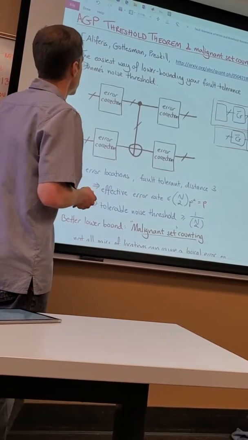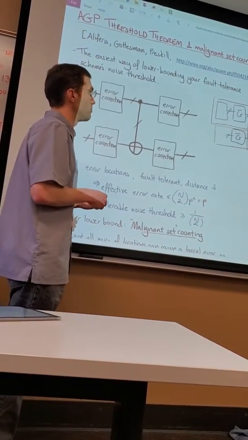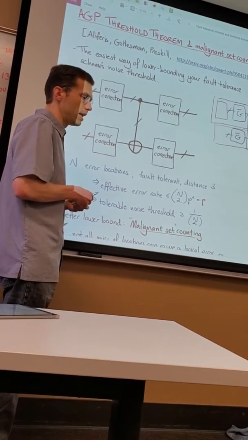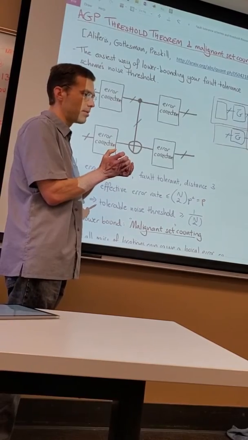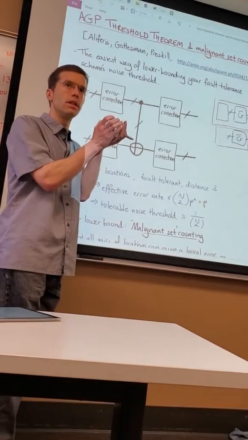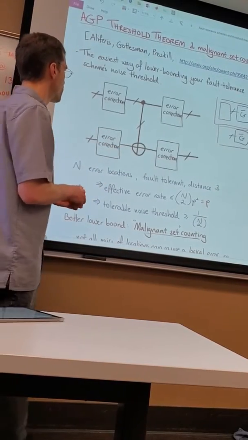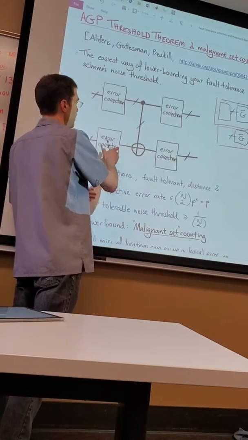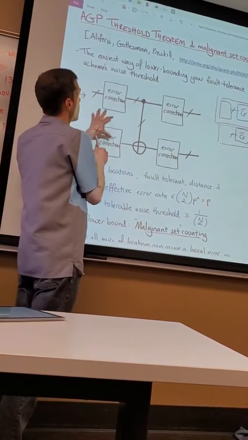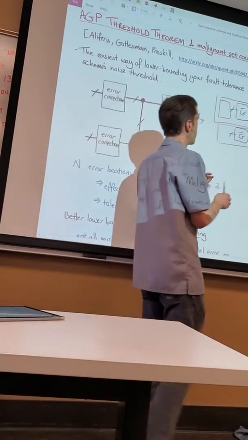All right. So the idea here is if we want to rigorously bound how much noise our circuit can tolerate, if we want to rigorously come up with a way of modeling noise at higher levels of encoding, this is what they tell us how to do. So what we do is we consider a logical gate, and we consider the error correction before and after it. And so this is called an extended rectangle.